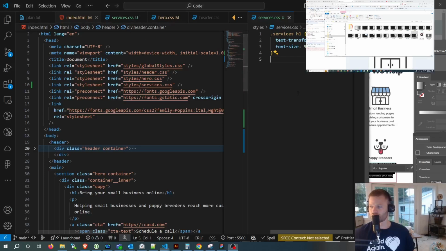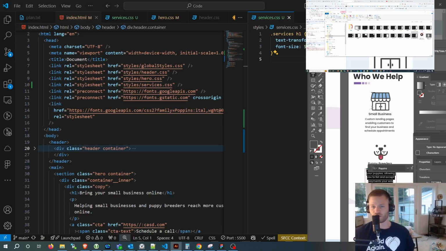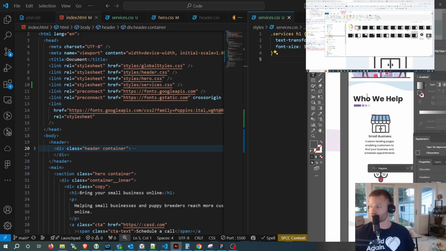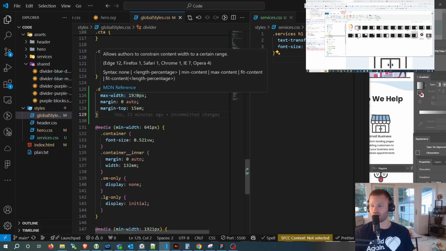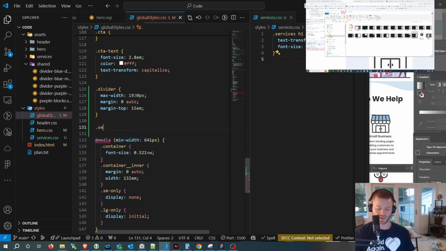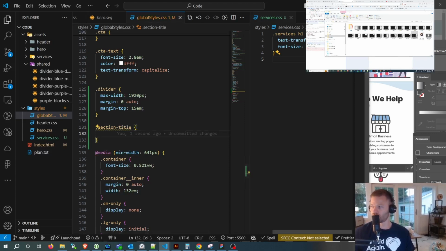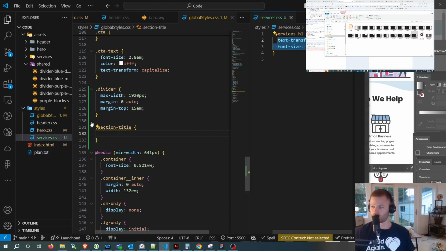And I am just realizing that this is going to be used elsewhere, and I want it to be identical, and the picture is going to be after it. So I'm thinking it would be better to actually put this class into the global styles and then do an after pseudo element for the image so that I can save time later on. So I'm going to set that up. I'm thinking section title would be a good class name. So section dash title, and we can grab these,